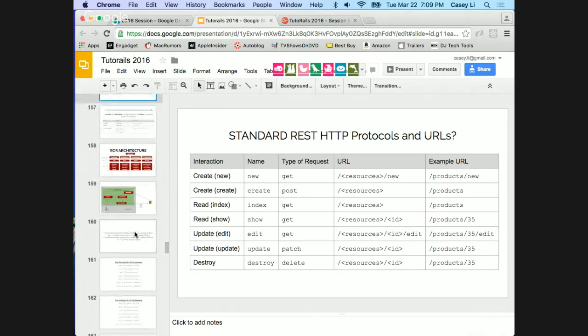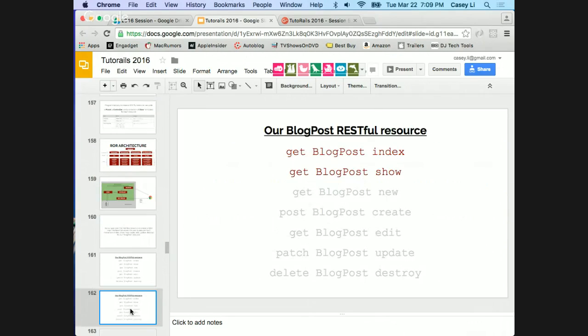So last week, we went over two of these things. We went over the index and we went over the show. And we're going to basically continue to go down this route, building this RESTful resource, okay? Now, before we continue, before we move on to new and create, we have to take a little bit of